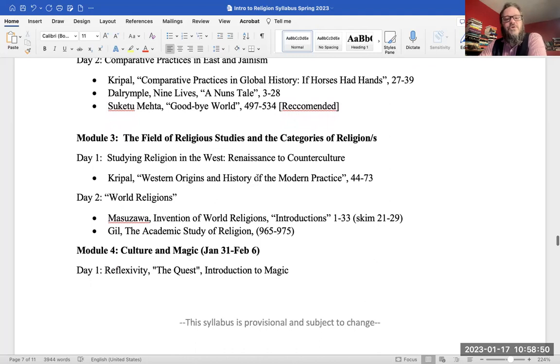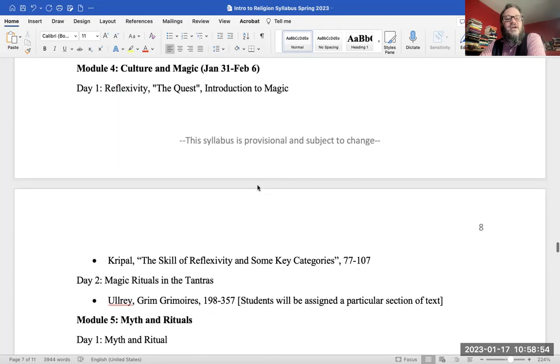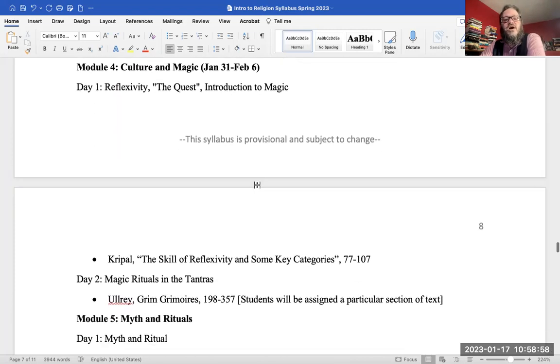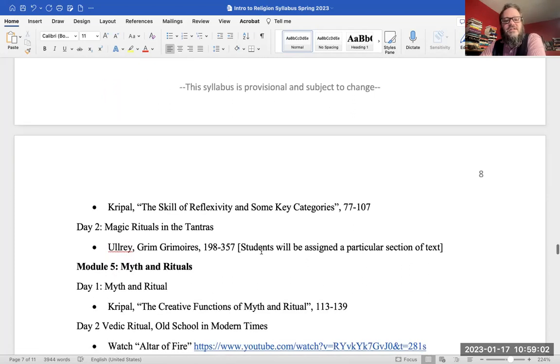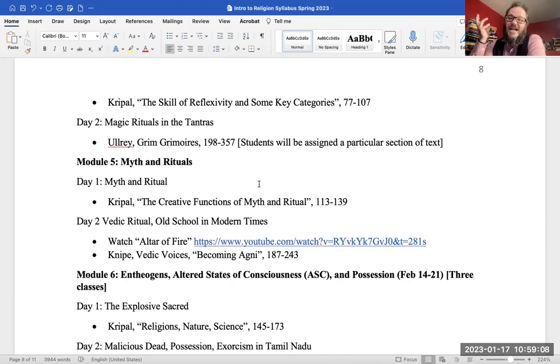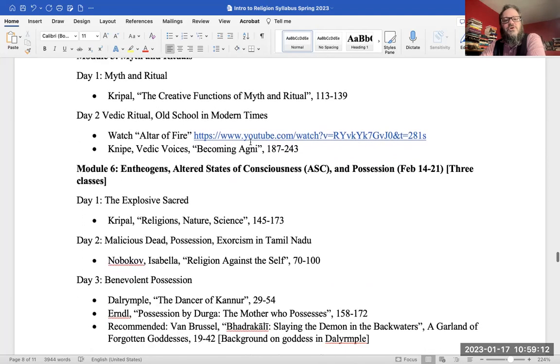All right. So then we're going to talk more about religious studies in the category of religion. We get to culture and magic. We're actually going to think about the nature of culture and various categories and religions. And then you're going to read a piece that I wrote. It's actually a big section out of my dissertation about black magic in medieval India. We're going to talk about myth and rituals, and we're going to watch a really interesting video about Vedic rituals